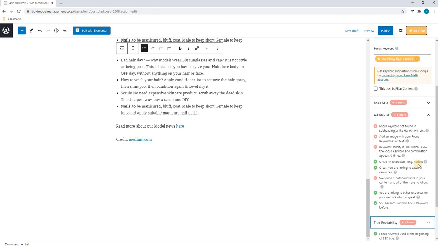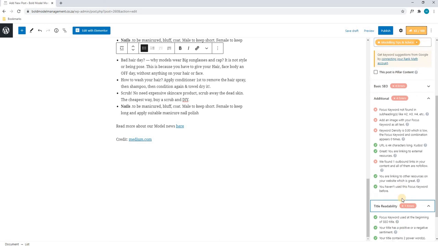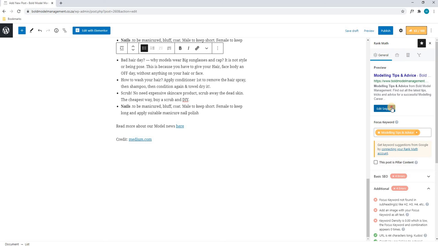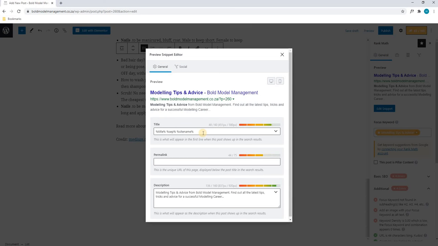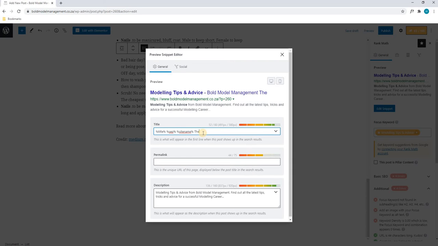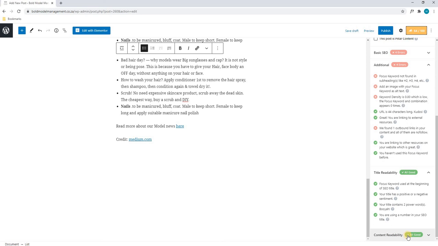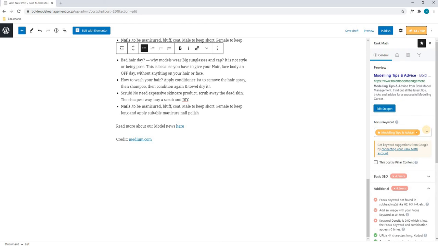Again, we will scroll down to our title readability, and as you can see, our SEO title doesn't contain a number. Scrolling back to the top, we will go to our edit snippet, and in our title, we will have to insert a number here. To do this, we will say the number 1 modeling agency, modeling management, apologies. We will then select close, and scrolling down we can see that the content readability has increased. We can scroll back to the top,